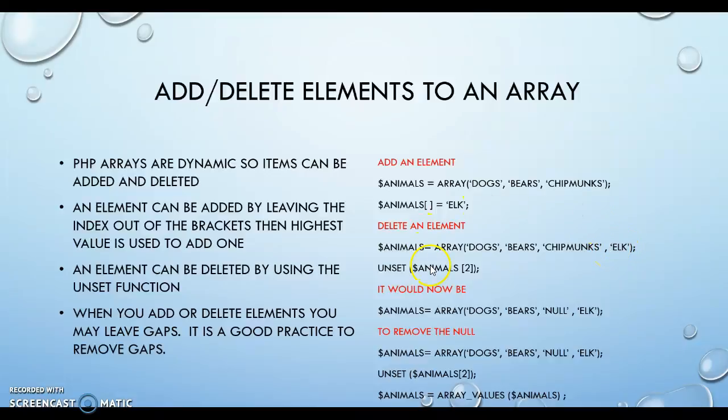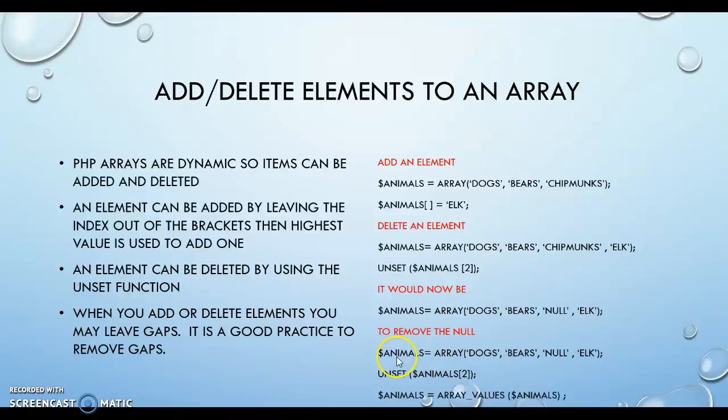And the next example here is deleting an element. But when the element is deleted, it can leave a null or gap. So first, to delete the element, you're going to have the array, and then we're going to unset number 2, which would be chipmunks. And then down here, it's going to show dogs, bears, null, elk. Chipmunks is no longer there, but we have the null that is there. Having a null or gaps in the array is not good to do. So in order to clean that up,